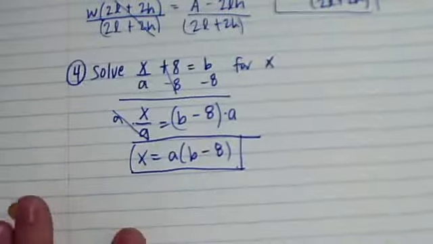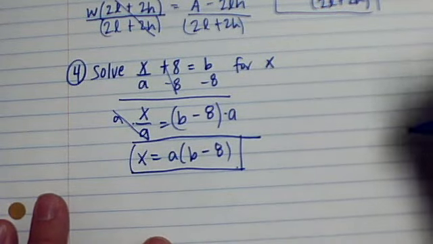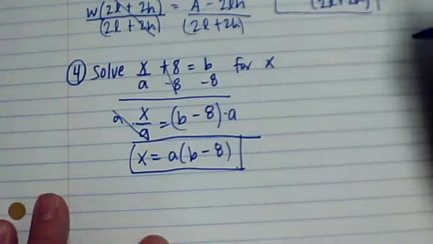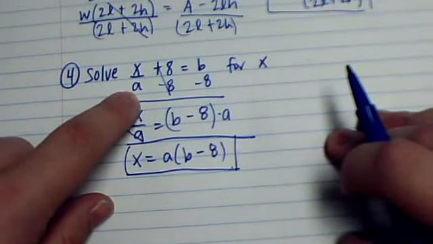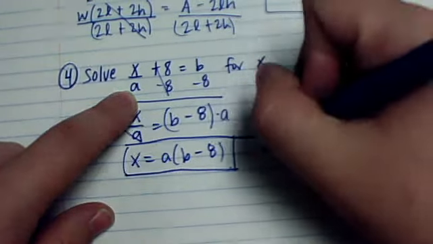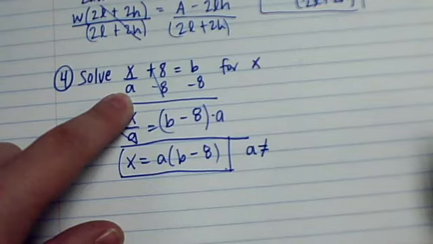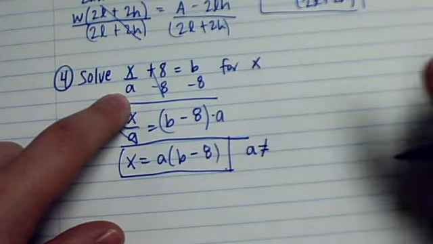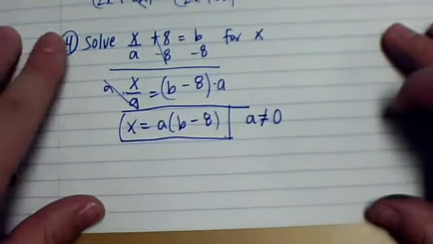Once that's done, on some of your homework, it asks you to state the restrictions. So I need to go back to the beginning of this problem and see where the a is on the bottom and what it cannot be. What would make this whole function undefined? Well, what makes it undefined is if 0 is on the bottom, so our a cannot be 0. Another way to look at this